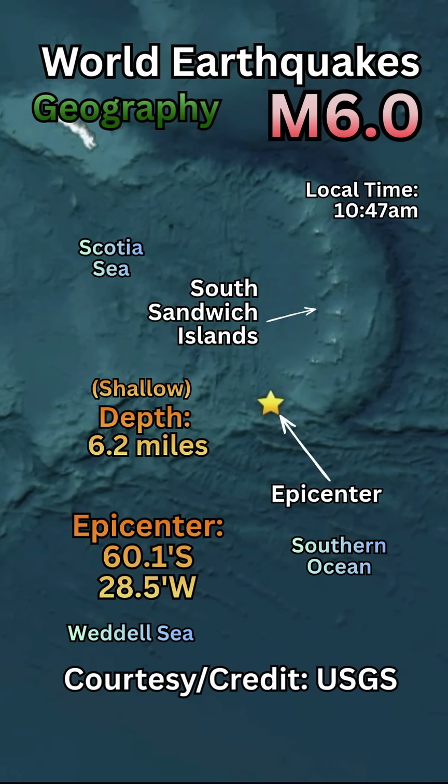So this microplate, the South Sandwich microplate, is formed between the subduction zone and the trench to the east, and to the west is the East Scotia Ridge or Rise, which is a back-arc spreading center formed from rising magma associated with the subduction mechanism pushing these two plates away. Now, it's different from a divergent plate boundary because new oceans aren't formed. This is just an area where the lithosphere is extending and being stretched.